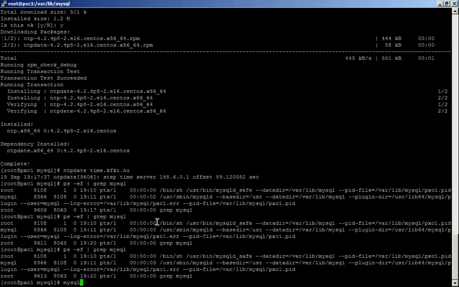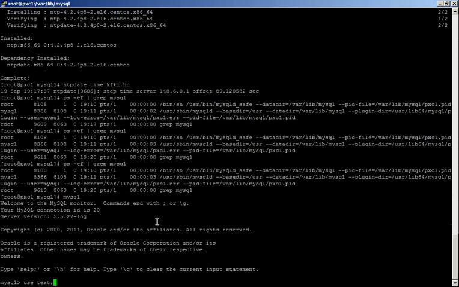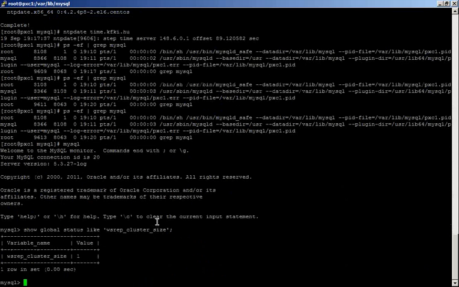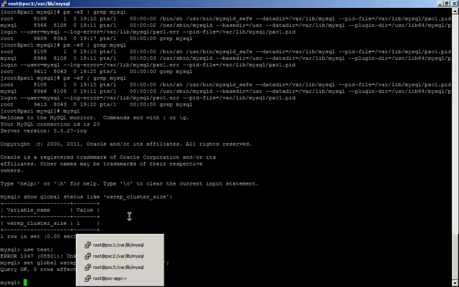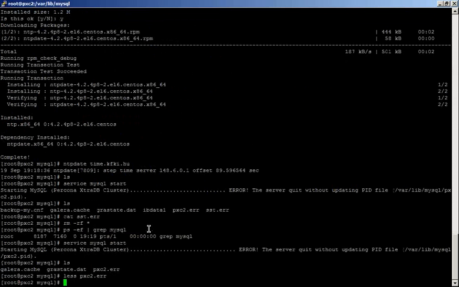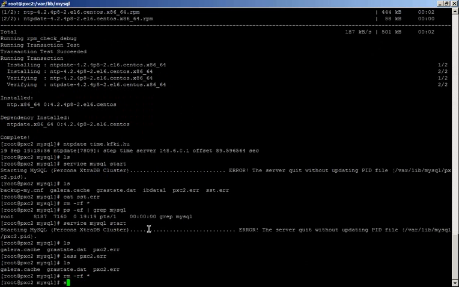Because we had two nodes, the first node became a minority. I actually wanted to show this later. And we have to bootstrap it again. And after this, we will be able to